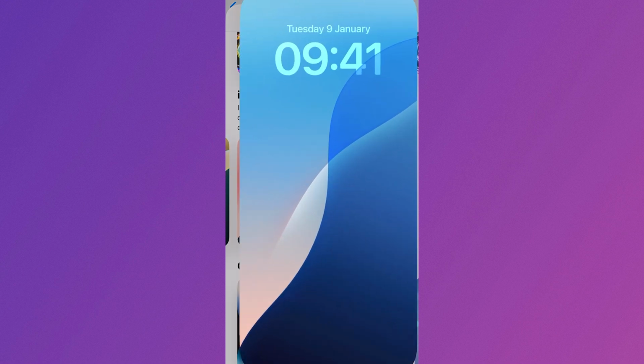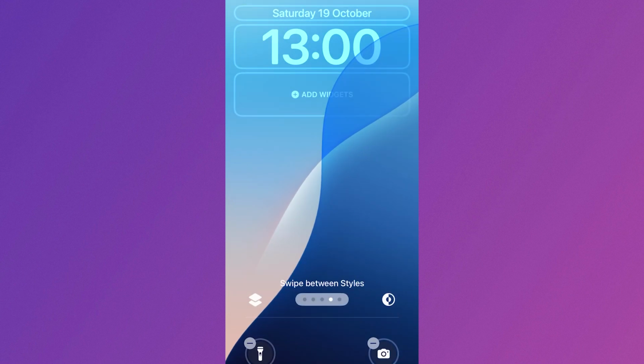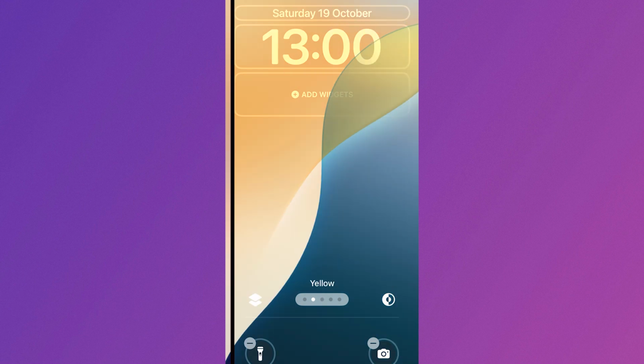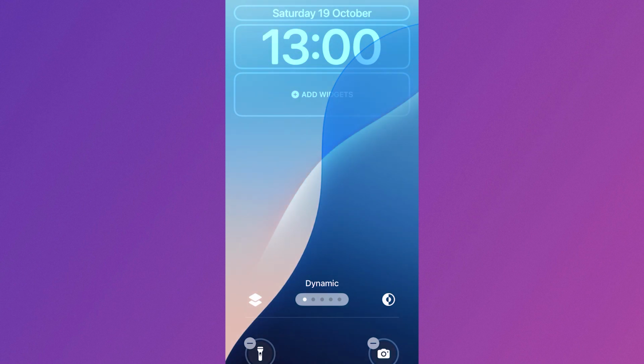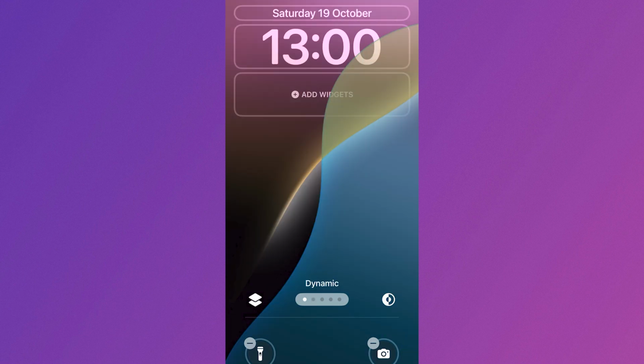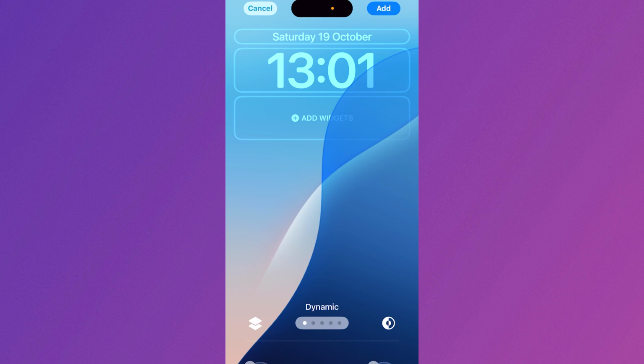Once you've selected your wallpaper, you then need to swipe between the different styles. Now do note, if you do want this wallpaper to change colors dynamically, you need to make sure you have it set to dynamic mode. It's the one all the way over to the left. You can set it to these flat colors like yellow and pink, but this will not change the color of the wallpaper. So I'm going to set mine back over to dynamic, and once you're ready, click on the add